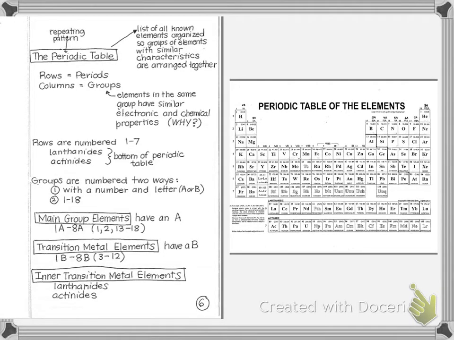So let's talk about the periodic table. As a chemist, I really like the periodic table. There's so much information that we can discover, and learning a few things about it, there's just a lot of things we end up not having to memorize because the periodic table kind of reveals it to us. So periodic means that it's repeating, so it happens periodically. So the periodic table has a repeating pattern.